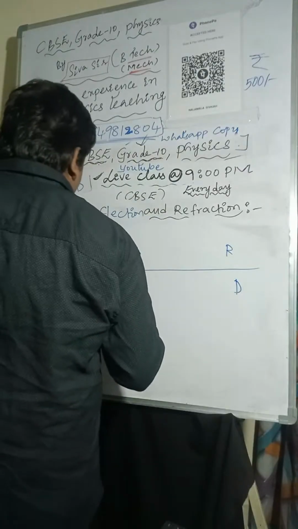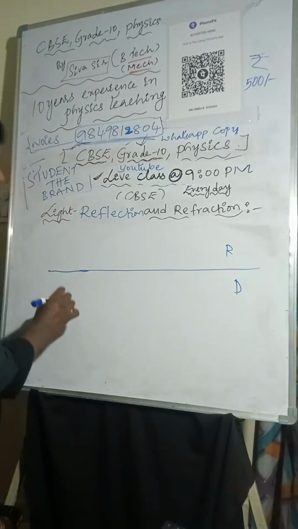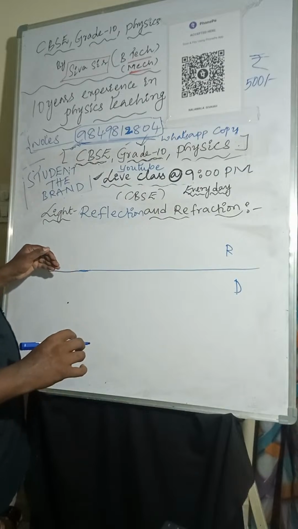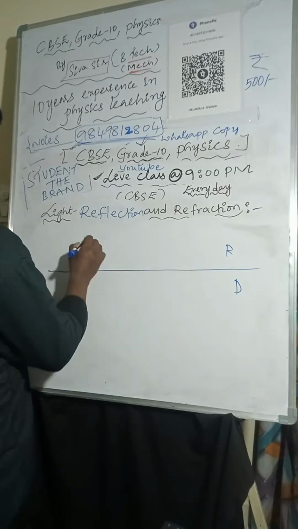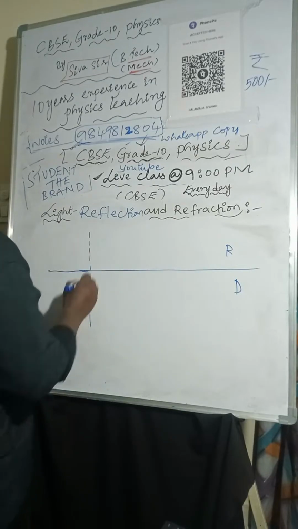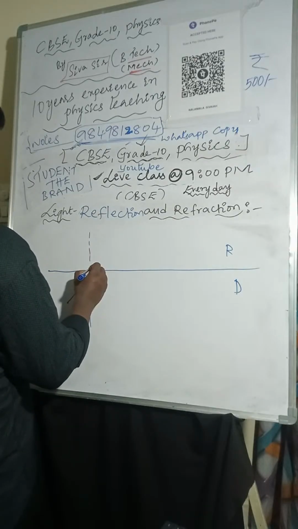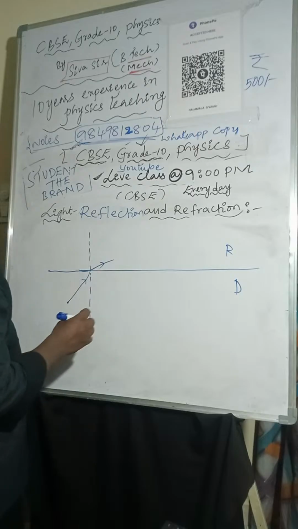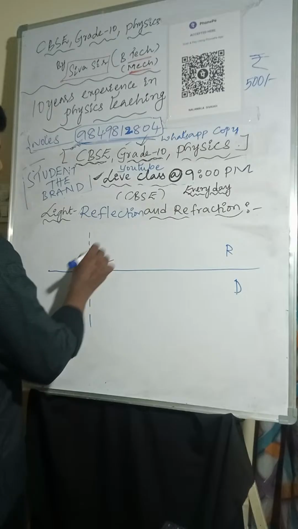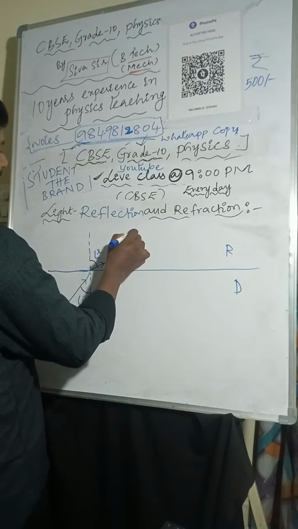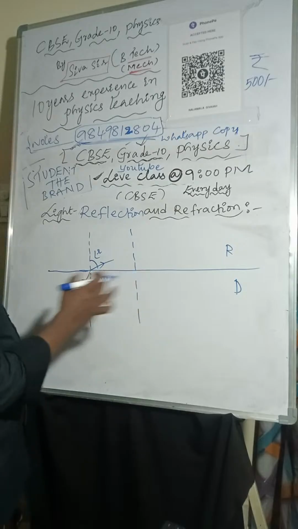If the light ray is moving from denser to rarer, what happens? At this point of the interface, generally it moves away from the normal. So this is the angle of incidence, and this is the angle of refraction. If you keep on sending the light ray